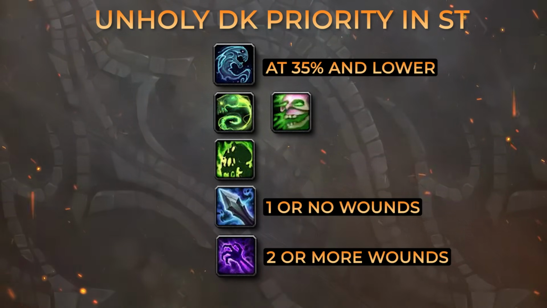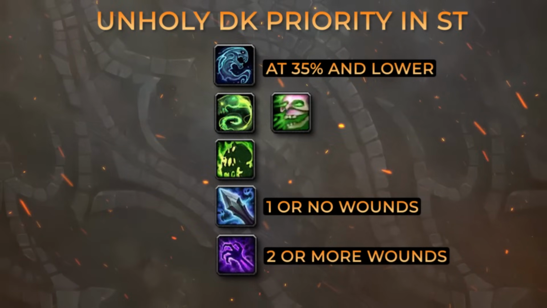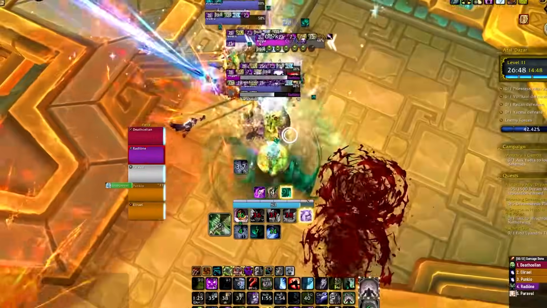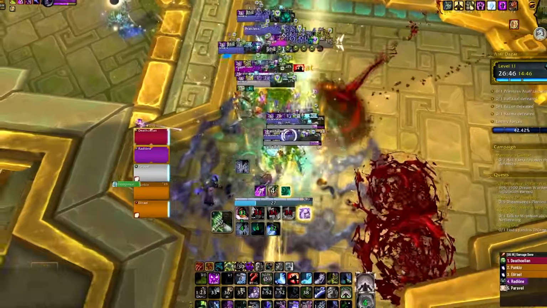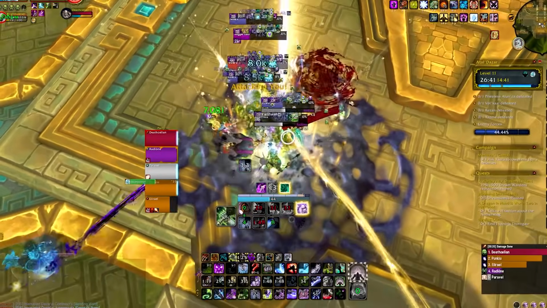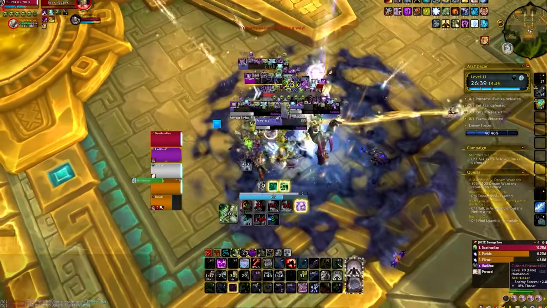Alright, so once you are accustomed to the openers and priorities, you'll also need some good gear, right? Well, we'll cover here some of the top items you need for Unholy, but there is a full BIS list already done by the legend Bicepspump, and once again, it's all in the description